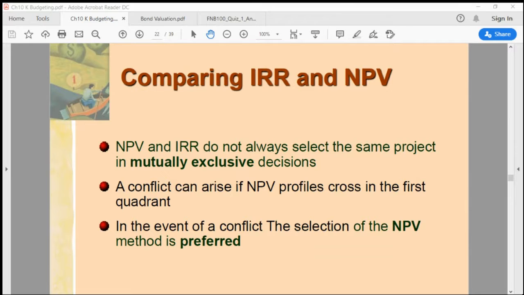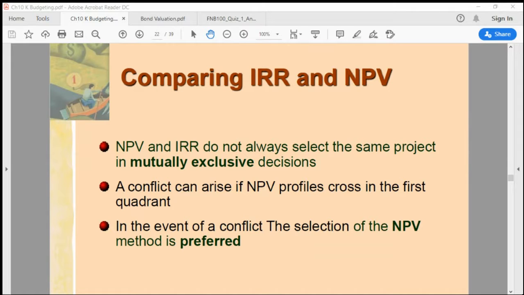Nobody will select a project that would give you a negative return. And also, a negative return can happen when there is a multiple